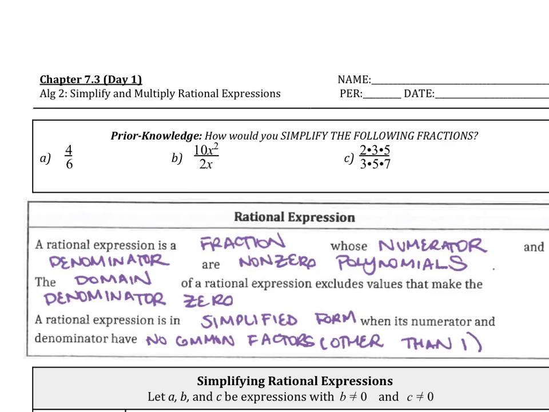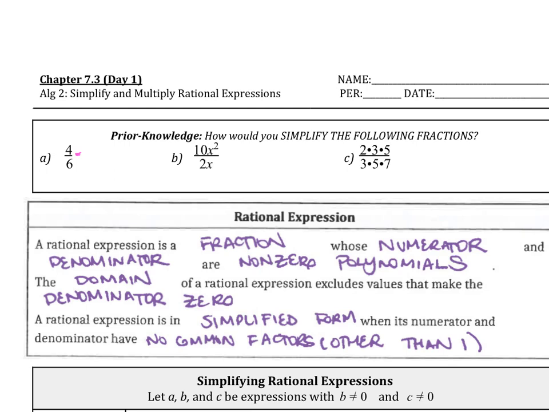Chapter 7.3, Day 1, we're looking at simplifying and multiplying rational expressions. So let's review, how do you simplify the following fractions? Now I know there are a couple ways we could do it. One way that I want to do it, just because of what we're going to be doing in this section, is that with 4 over 6, instead of dividing by 2 and 2